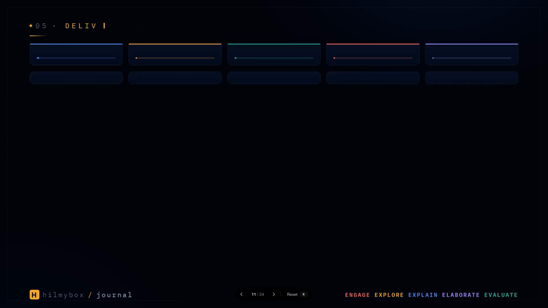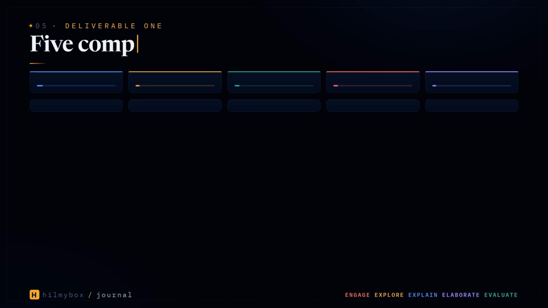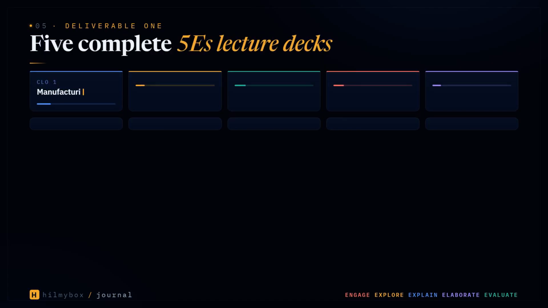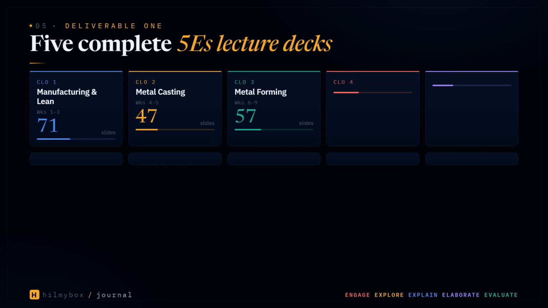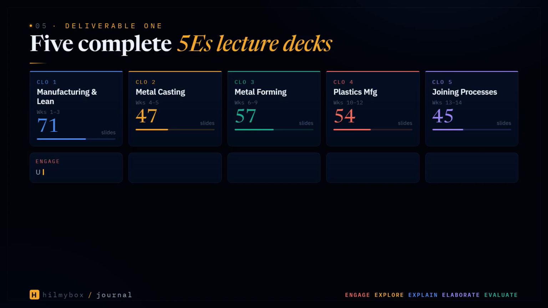Part 5, Deliverable 1, 5 complete 5Es lecture decks. CLO1, Manufacturing and Lean, weeks 1 to 3, 71 slides. CLO2, Metal Casting, weeks 4 and 5, 47 slides. CLO3, Metal Forming, weeks 6 to 9, 57 slides. CLO4, Plastics Manufacturing, weeks 10 to 12, 54 slides, and